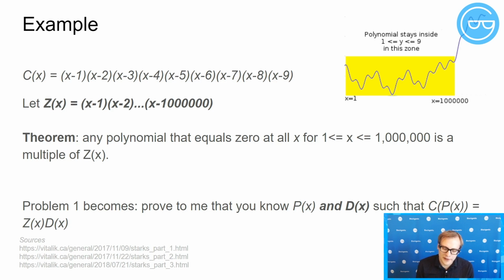And so now I can redefine problem 1 as the next version of it, which is: prove to me that you know p of x and d of x such that if you evaluate c on p of x, it had better be equal to z times d for some d. And so now the proof is very mathy in the sense that you only have to give to me 2 polynomials, right? And they just have to satisfy some nice equality. And that's easy enough to check. Easy enough being asterisk, because there's always low-level details that we need to overcome. But the core idea is that now we just need to check the quality of these